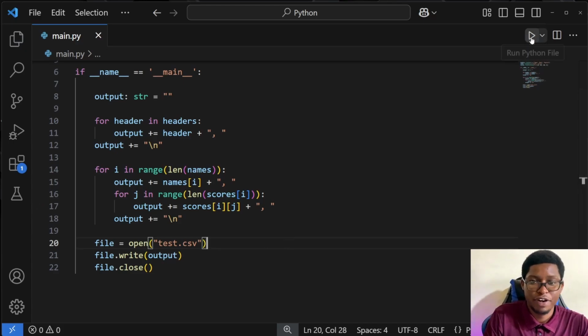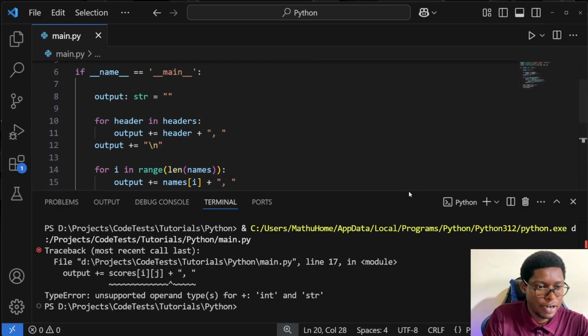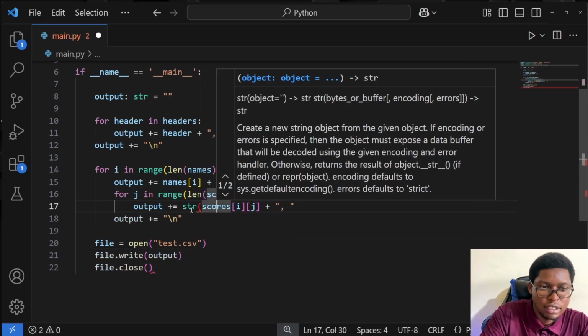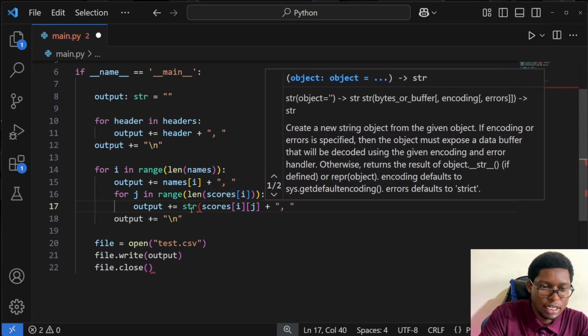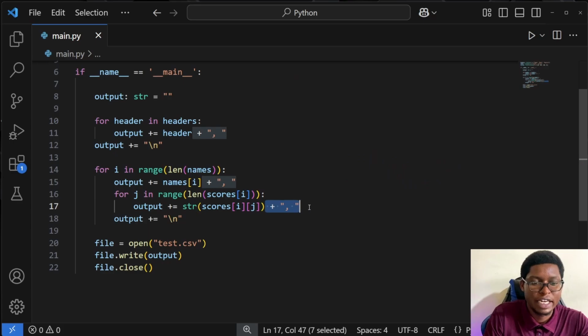So if I run this, okay, we have an issue here. Let me see. Okay, yeah. So here, scores at i and j is supposed to be a string. Since we are accessing an integer and we want to append to a string, we have to convert this into a string first. So this is what I've done right here. So that if we run,